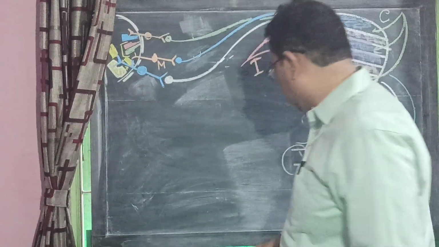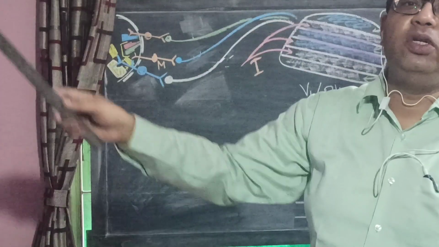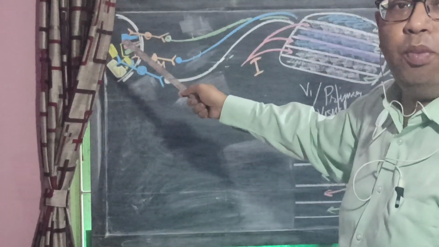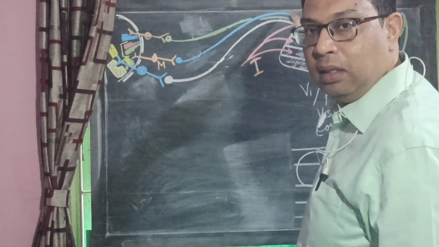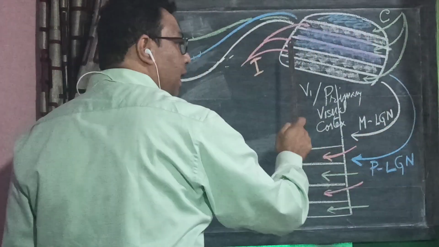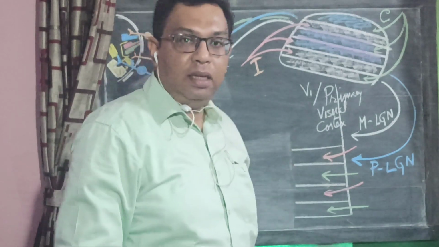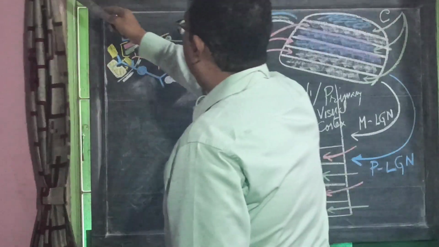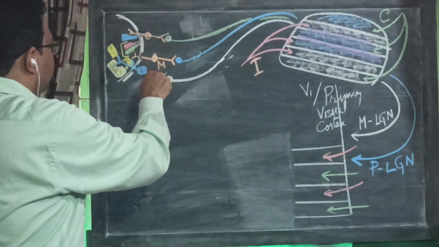Hello everyone. Today we are going to discuss how the external visual world is processed by the various neuronal components of the eye, the tract leading into the brain, components of the brain, and the primary visual cortex and the other visual cortexes. So, what we see, as we remember from the previous class,